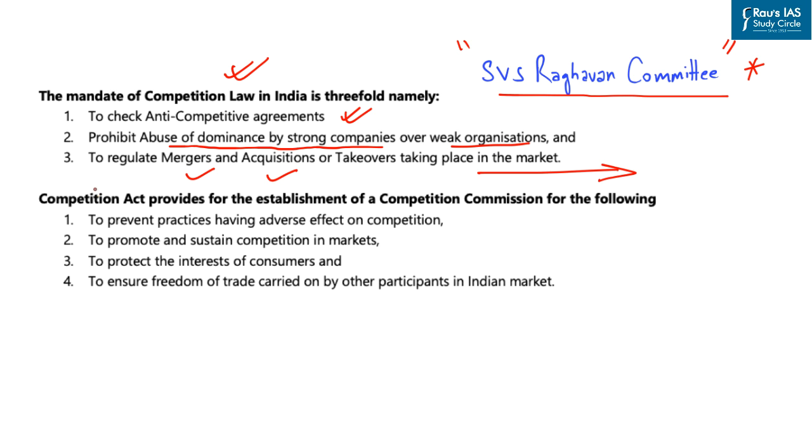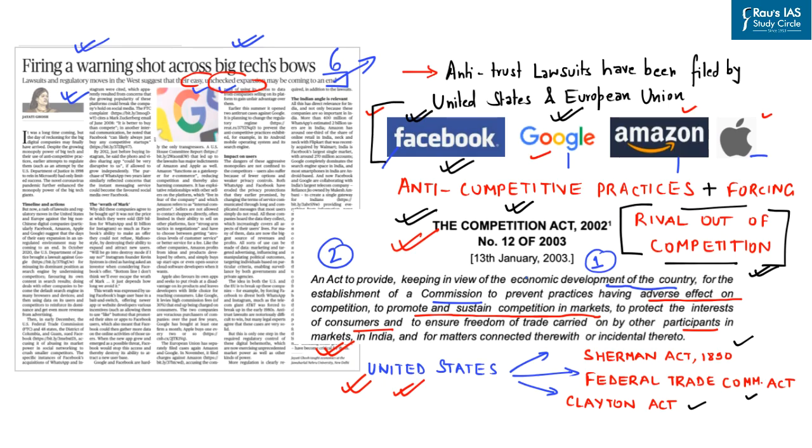So, in this regard, the Competition Act 2002 of India provides for the establishment of a competition commission for the following activities. First, to prevent practices having adverse effect on competition. So, basically, the Competition Commission has the jurisdiction to regulate such practices. Second, to promote and sustain competition in the markets, to protect the interest of consumers, and also to ensure freedom of trade carried on by other participants in the Indian market. So, based on this understanding of Indian Competition Act 2002, let's go through the anti-competitive charges imposed on Facebook as